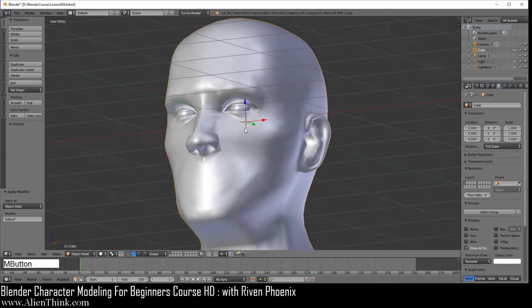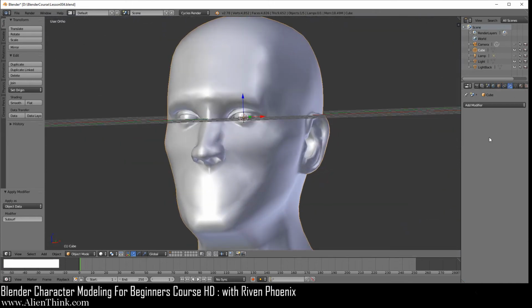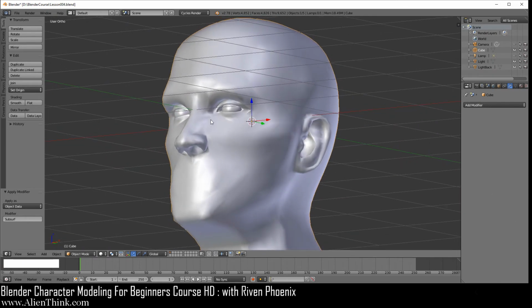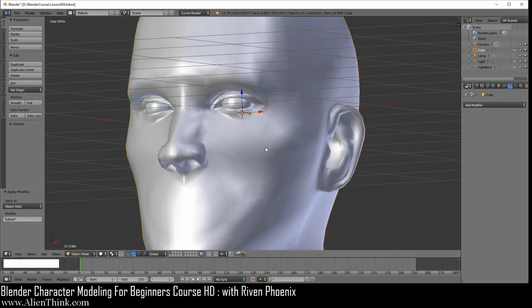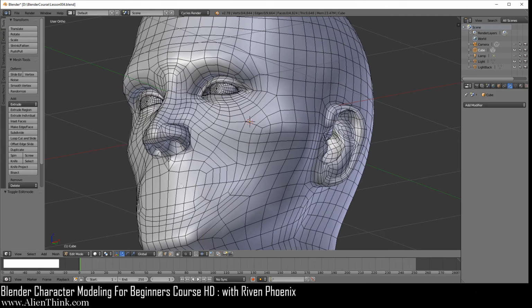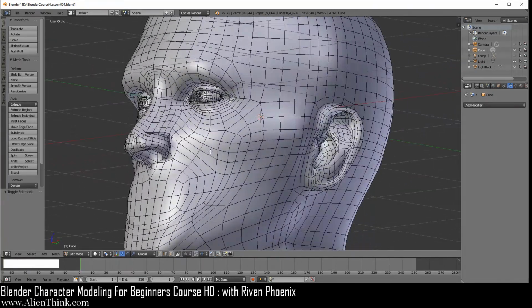Okay, so now if you take a look, you'll see that without the subdivision, remember when I had turned it off, it was a very low resolution of the 3D structure. Now, since the subdivision is not there, what we've done is actually captured a very low resolution version of our 3D model. But what's important to grasp from this is that if you do Tab, you can see that Blender creates quads for you automatically, okay?